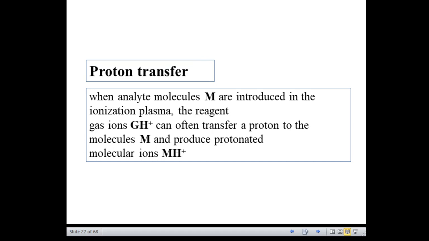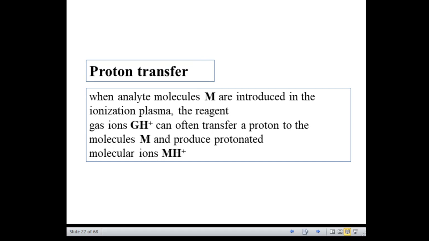So it's a simple acid-base reaction where one ion transfers a proton and the other molecule, that is the sample analyte,